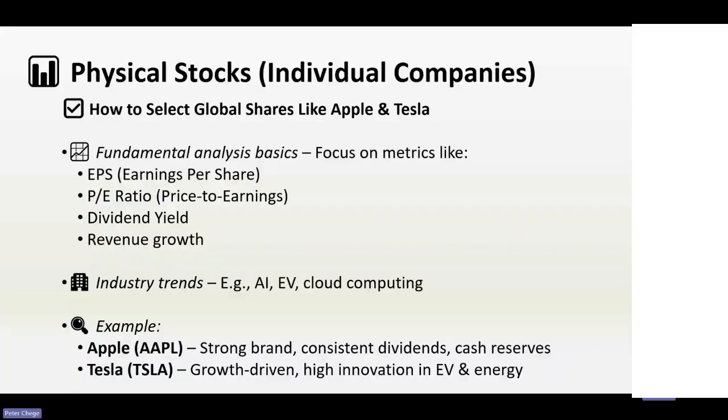Not just the three you can see there. So you look at the sector itself and you check long-term growth or momentum, because that now tells you those shares might perform well. A good example, like Apple, they have a strong EPS, that is earning per share, and also reliable dividends. They usually give dividends, and also have cash reserves. I think they have huge cash reserves, and also strong brand loyalty and recurring revenue from the sale